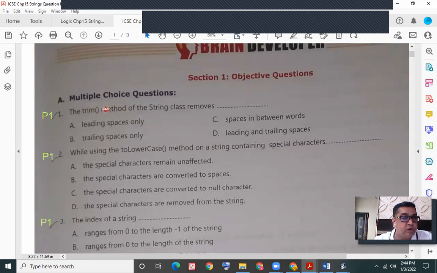The first question: the trim method of the string class removes A, leading spaces, the spaces which are at the beginning of the string; B, trailing spaces, the ones which are at the end; C, spaces in between; or D, does it remove leading as well as trailing? Send me your answer in the chat box.